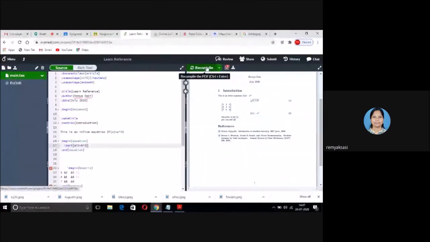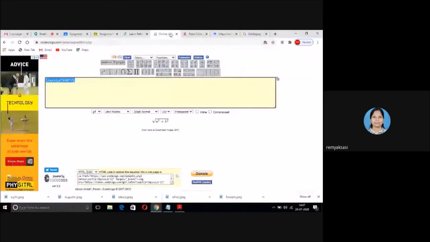Square root of a square plus b square. If you want to add equal to c square, just type here. So if you use this online LaTeX equation editor, it is very simple to handle any type of equation.